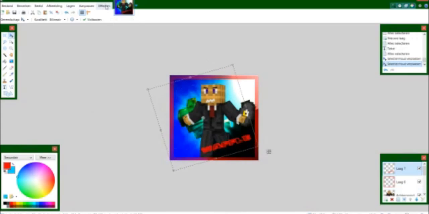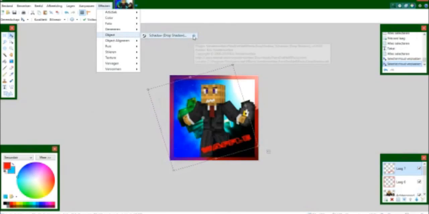And now this is a plugin. I'm really sorry, but I don't know where this plugin was from. I'm gonna look that up. Oh yeah, okay, I can see it here. So it's vandermotten paint.net effects. I'm gonna look it up and put a download link in the description if I find it. So yeah, we wanna go to effects, go object,